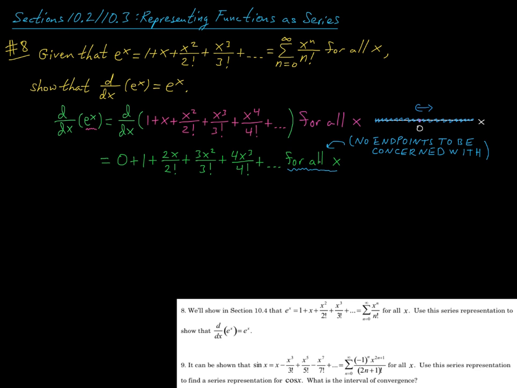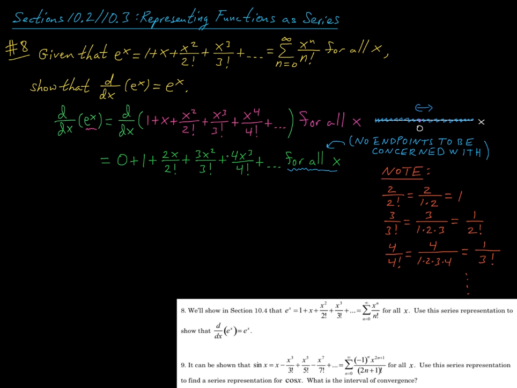The other thing I want to point out is that we can simplify these terms by making the following observation. 2 over 2 factorial, which we see right here, that's 2 over 1 times 2. The 2's divide out, leaving us with just a 1. 3 over 3 factorial, you see that right here. The 3's divide out, leaving us with 1 over 2 factorial. 4 over 4 factorial, the 4's divide out, leaving us with 1 over 3 factorial, and so on and so forth. So this series